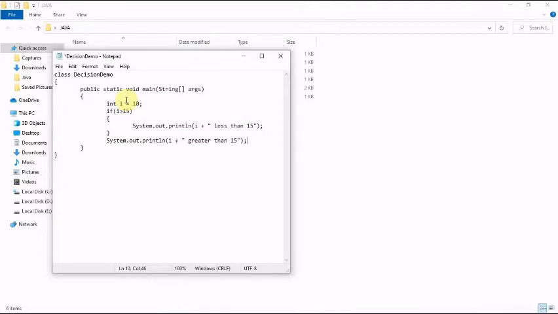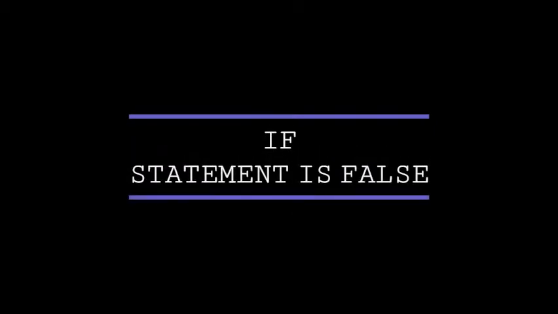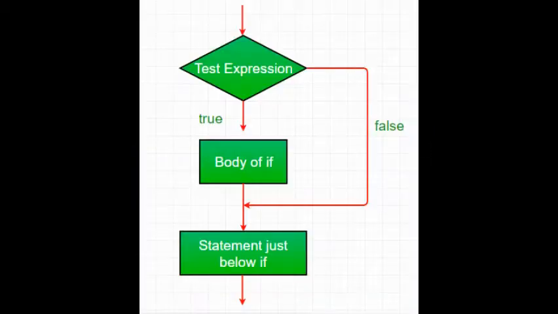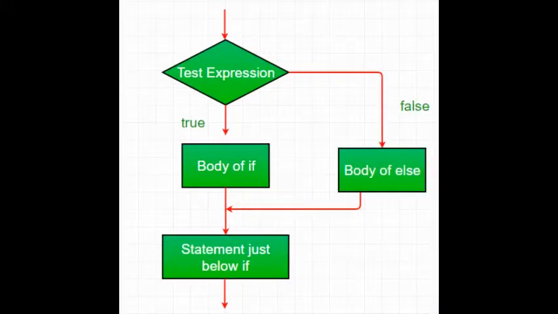Now the next decision making statement we'll be looking at is if else. The if statement alone tells us that if a condition is true, it will execute this. Now what if it is false? What do you want it to say? Although the statement outside the if block tells us what it should do if this is not satisfied, sometimes it is also needed to show what it does if it is false. We use if else to show that if this expression out here is true, execute this statement. If it is false, execute this statement.